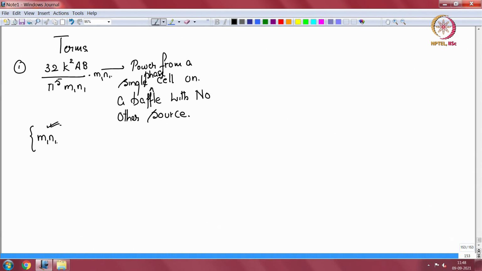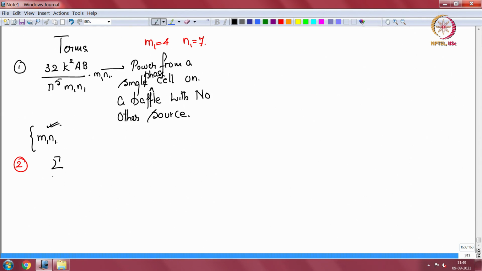Okay, so we are now demonstrating for m1 equal to 4, n1 equal to 7. I am making it specific now. Okay, so the second term, how does it look like? Term 2, how does it look like? It looks like